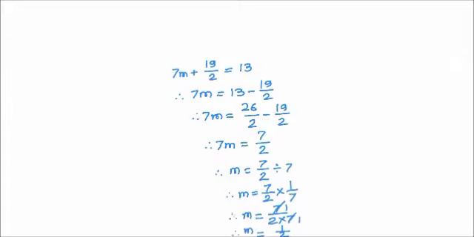Let's solve one more. Minus 4 multiplied by 2 plus x is equal to 8. Now here we see that 2 plus x is inside a bracket, so this 2 is not free to move because it is inside a bracket and is multiplied by minus 4. So it is not free to move. So first what we have to move is minus 4. So 2 plus x stays as it is. This minus 4 is actually multiplied here, so when it goes to the other side, it will be divided by. So 8 divided by minus 4. So therefore 2 plus x is equal to 8 divided by minus 4.